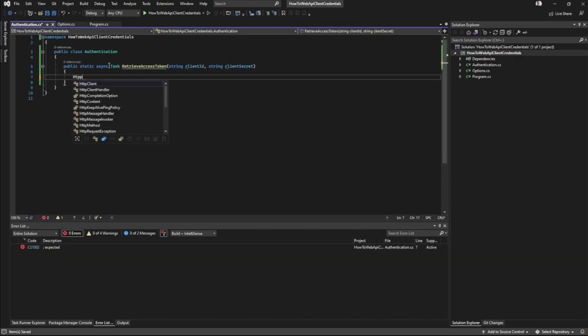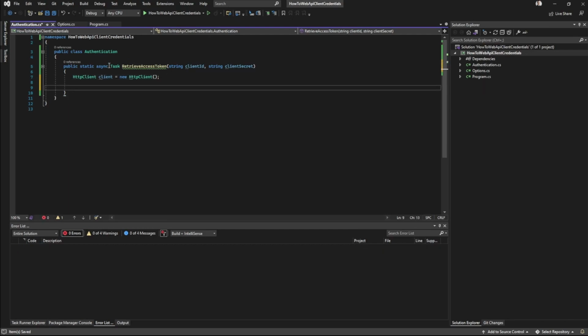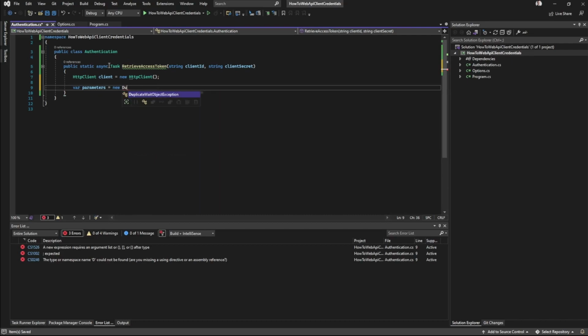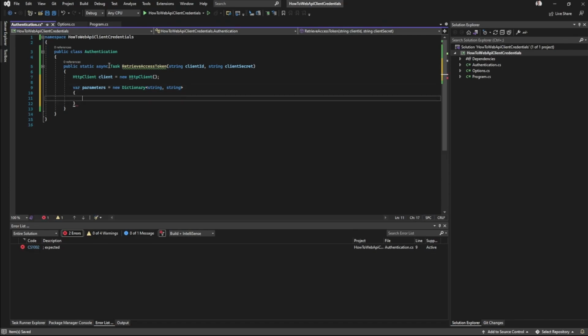So at first we create an HTTP client, and for a request we will need to send parameters as we have just read. So let's create a new dictionary of string which will contain parameters: client